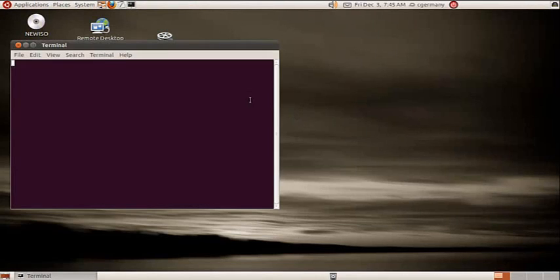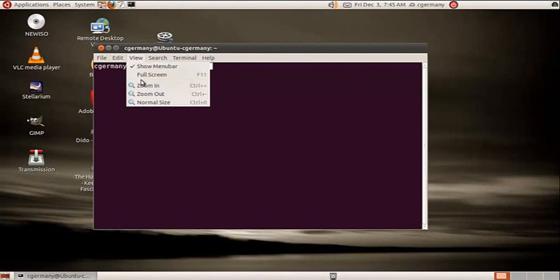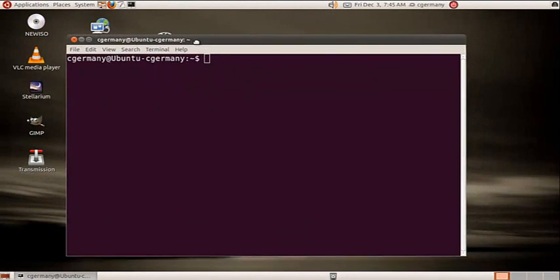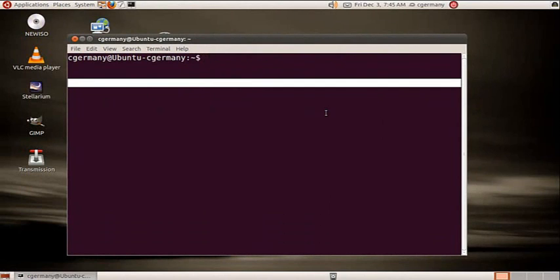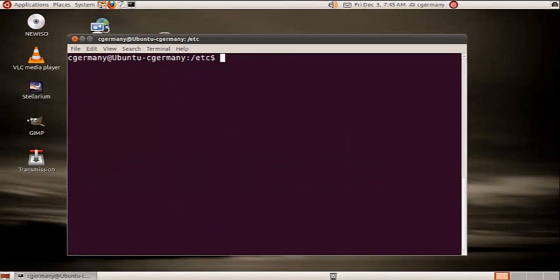So now that I'm logged in as C Germany with no password, let me expand this a little bit so you can see. Again, if I look at the file, I'll go to the etc folder and simply cat the passwd file. Notice that unlike other accounts, between these two colons I have no password. So at this point I could not use sudo. I can't authenticate without a password. But since I'm logged in as my